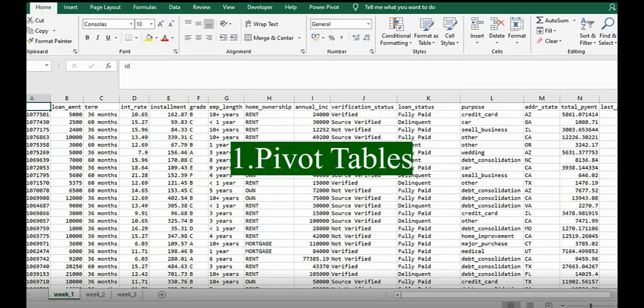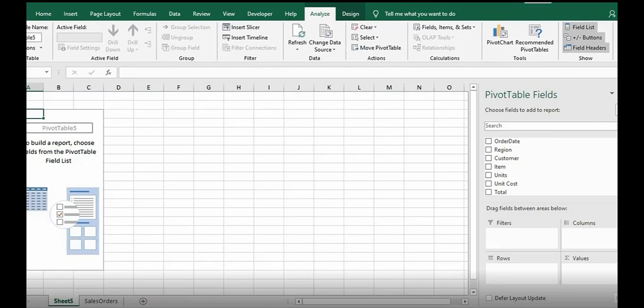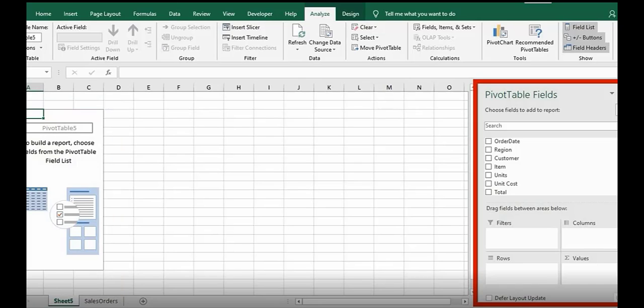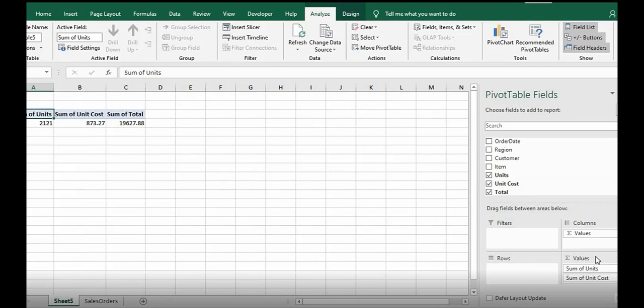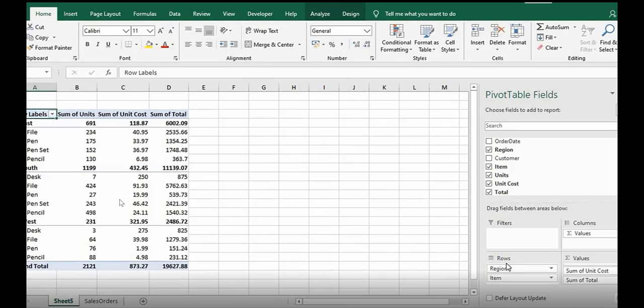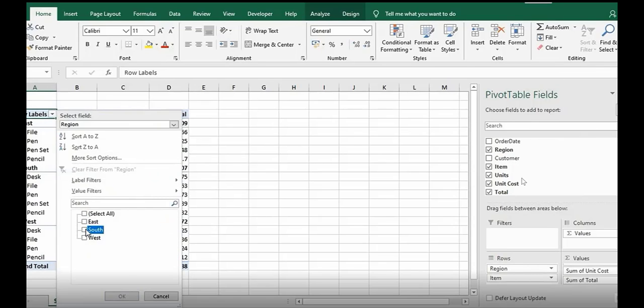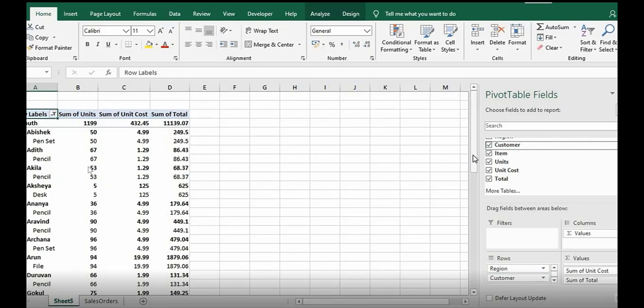So the first important tool to know is pivot tables. Pivot table is definitely one of Excel's most powerful features. A pivot table allows you to extract the significance from a large detailed data set. It calculates, summarizes, and analyzes data that lets you see comparisons, patterns, and trends in your data. For example, this was just a raw data sheet that has been converted into organized rows and columns, which can be controlled from the field here. So you can apply any number of permutations and combinations as per your requirement to get a result.